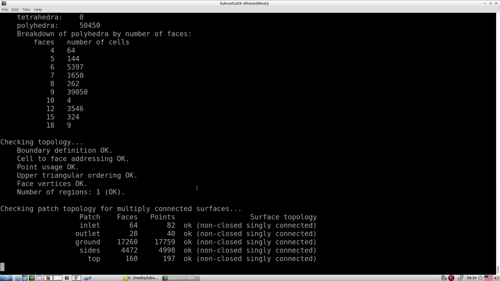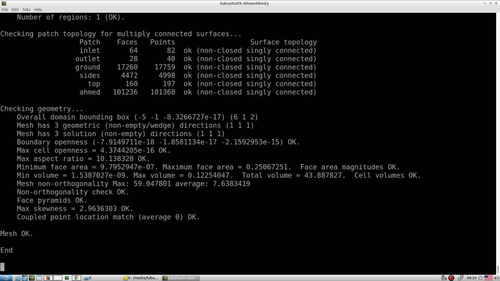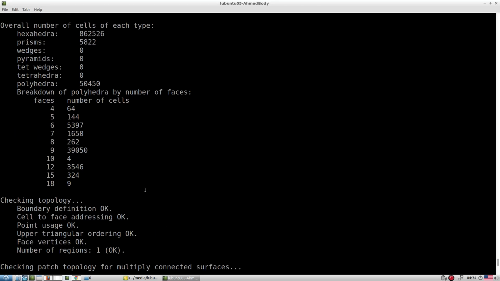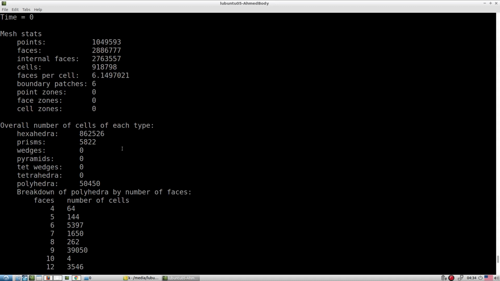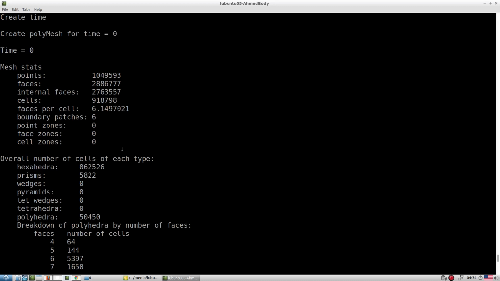So the mesh check is okay, that means whatever mesh was created by snappyHexMesh is a very good mesh. Hexahedral elements, we have 862k, then a number of prisms, and a number of pyramids. So in total approximately 900k cells, so we are almost approaching 1 million cells.